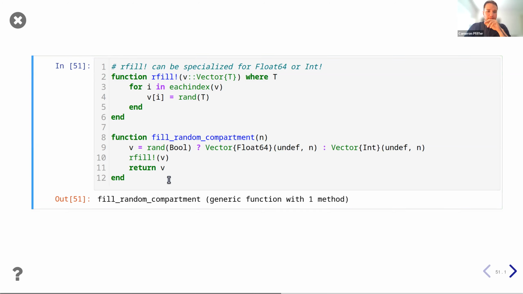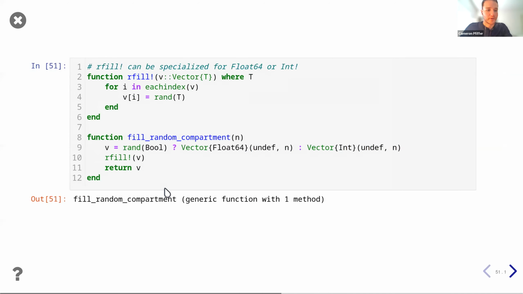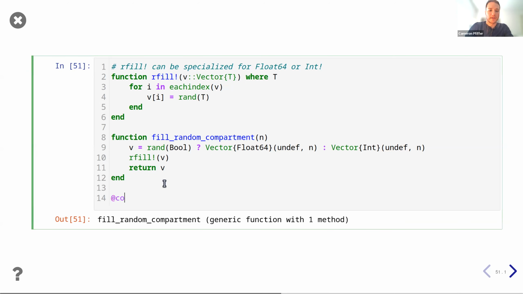But I'll leave that off to the side for now. As long as you break more and more components of your function into very well-defined chunks, you can start eliminating type instability. It'll also make it a lot easier for you to detect where type instability shows up, because @code_warntype will show you, oh, it's coming in from this particular component, right? So at @code_warntype,